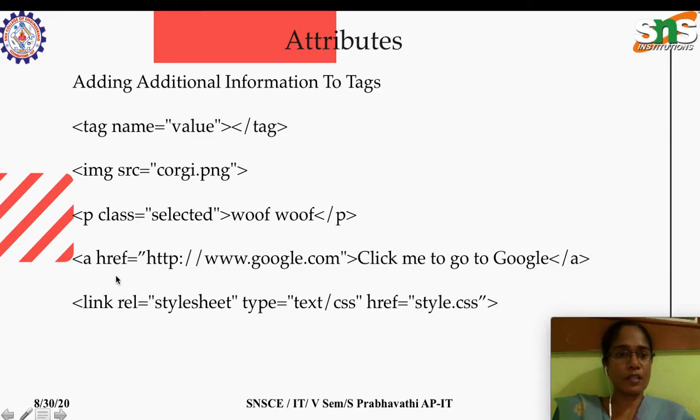So these are said to be the attributes. Apart from the HTML element, these are the HTML elements: link, anchor, paragraph, image. So these are the HTML elements that go with attributes and the attribute values. Name value pairs, a name has the value, so source equal to some image name, and here href is equal to some link. Okay, so these are said to be the attributes in HTML, and the attribute values should be enclosed within double quotation.